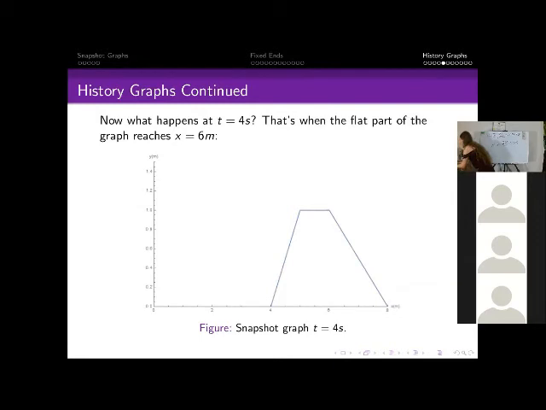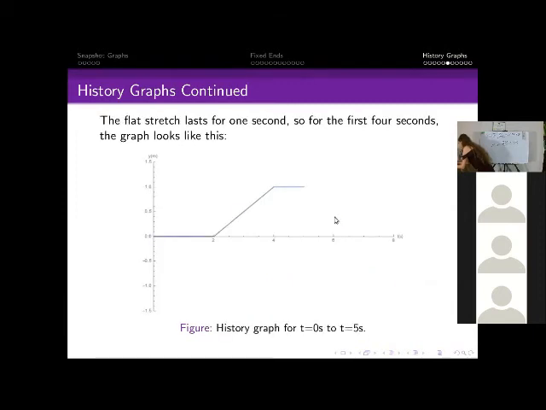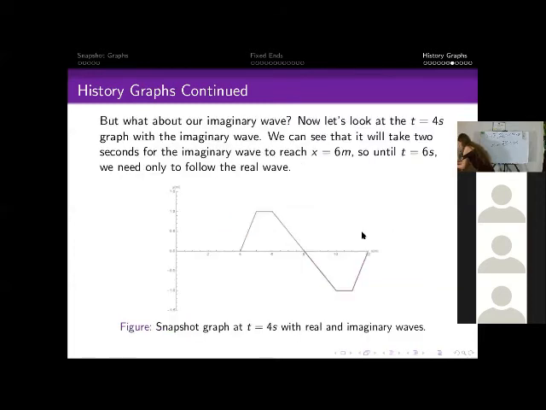So now if we jump ahead to 4 seconds, this is where our flat stretch is going to reach 6 meters. So it's just going to be flat for that whole second. You can just think this point is what's passing over our wave. Now, here we have to start thinking about the imaginary wave. I've picked things this time so that the imaginary wave isn't going to make a difference, but there are times when it would. So if we pick 7 meters instead, we would have some interference. But if we think about what's happening with our imaginary wave,